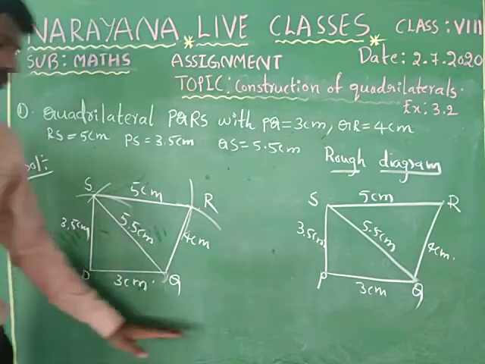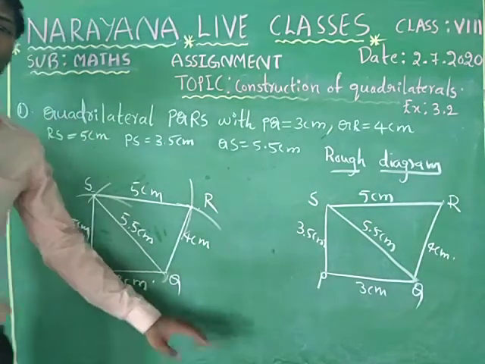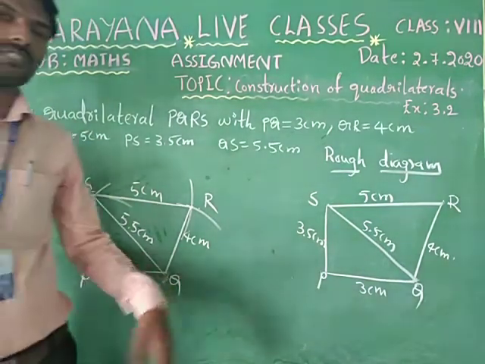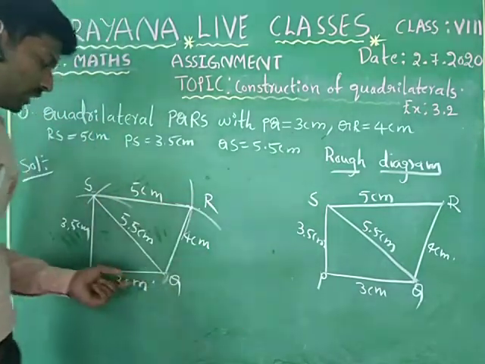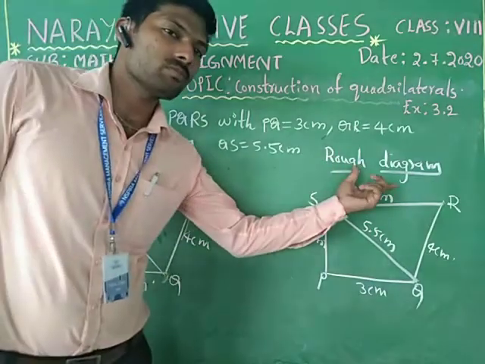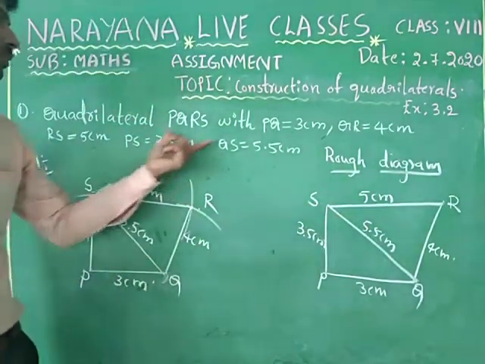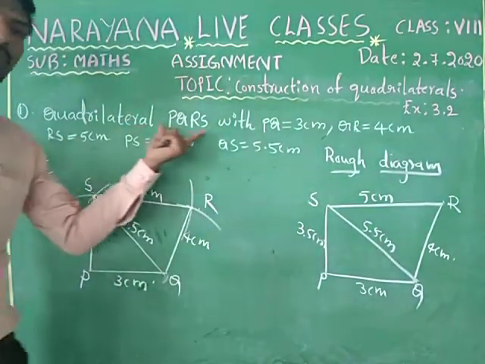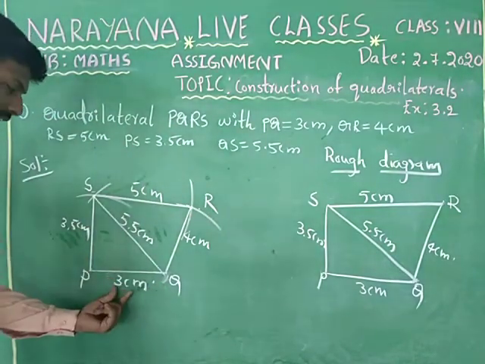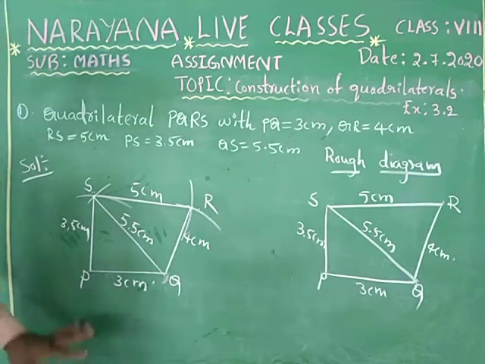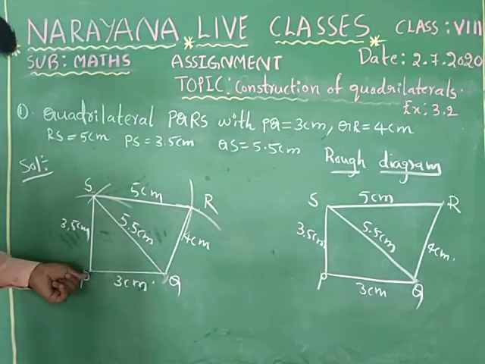Now we have to write the steps of construction. There are totally 7 steps as we have discussed. The first one is draw the rough diagram and label it based on the given measurements of quadrilateral PQRS. The second is draw the line segment whose length is 3 centimeter. And the third point you can write as: